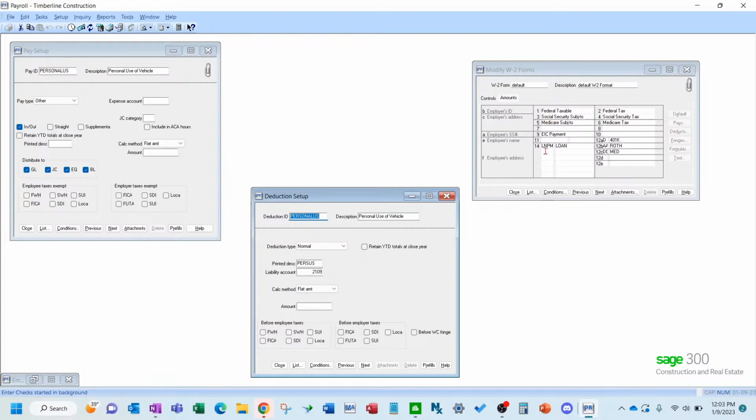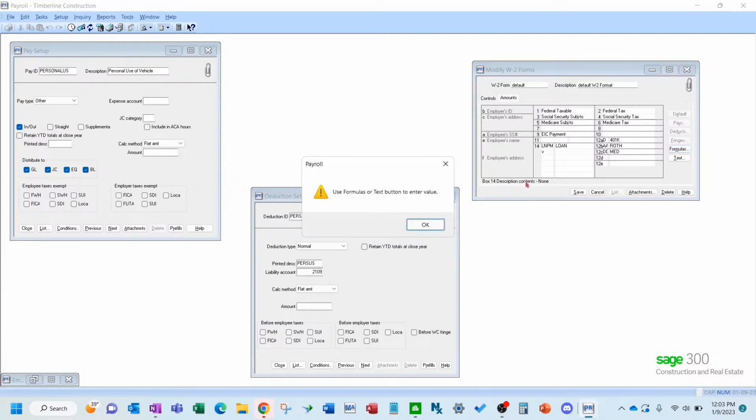Okay, now let's say you want to put the informational personal use of the vehicle here. So it shows up as an optional informational type of thing to the employee.